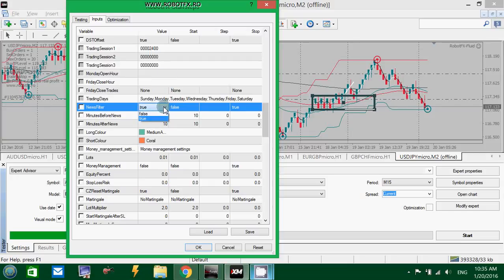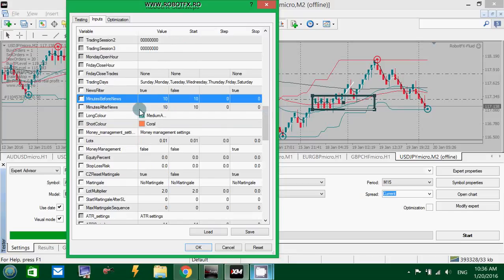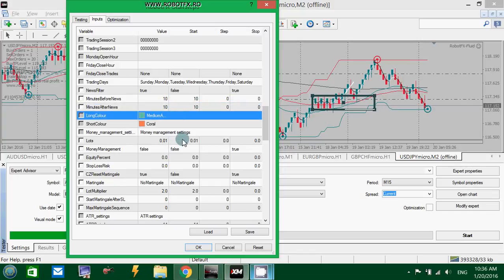If you set the news filter to true, the RobotFX stairsteps expert advisor will read the news from the Forex Factory website, from the feed of that website, and it will not trade during those news. You have the settings here. It will stop trading by default 10 minutes before the news and 10 minutes after the news. And you can also set